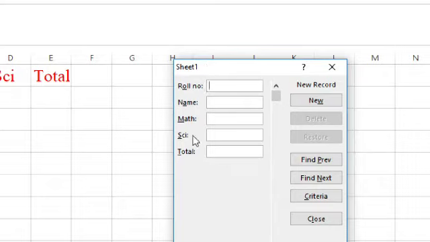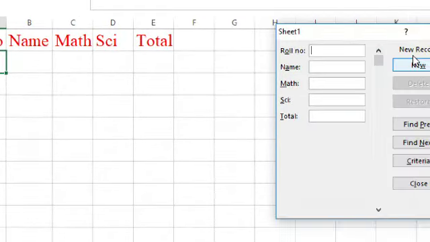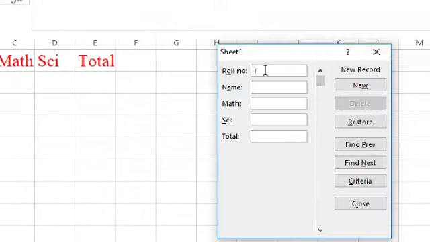It gives you only those field names which you wrote down in Excel. Okay, but here you have to enter in a box, and that will enter in the sheet. Clear everyone? Suppose we are writing here 1. No need to press the enter key, otherwise it takes a new record. Just press the tab key. Which key? Tab key. Then suppose name A. We know that we always take A, B, C, D as names. Marks out of 100, suppose 76, press the tab key, 65, and keep your total cell empty, because at last we will do the total with the help of a formula.